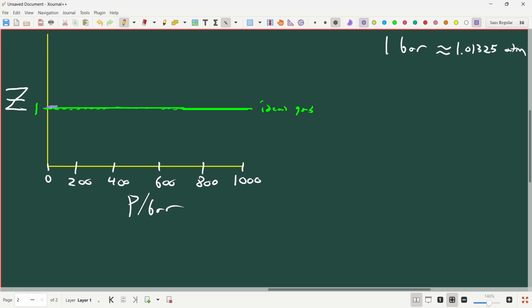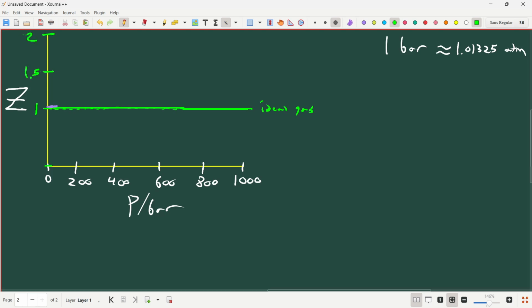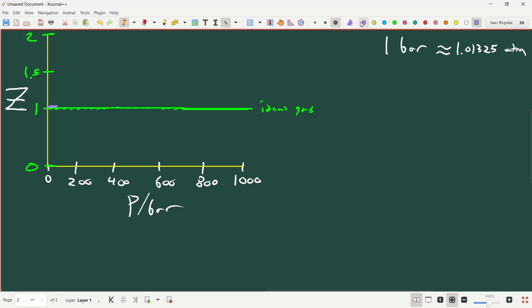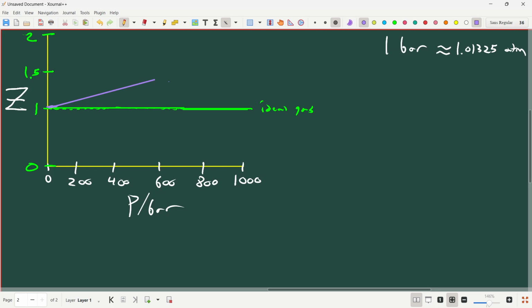But let me add a couple more tick marks here on the right, just so I know where to go. Okay, so we're ranging from 0 to 2. It's not the best graph in the world, but it slowly increases linearly to the positive as the pressure increases. Okay, so for helium,